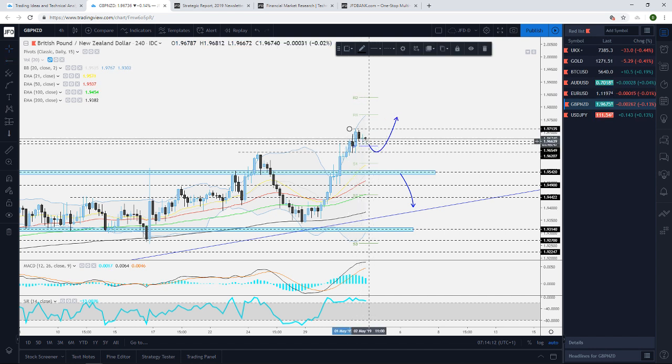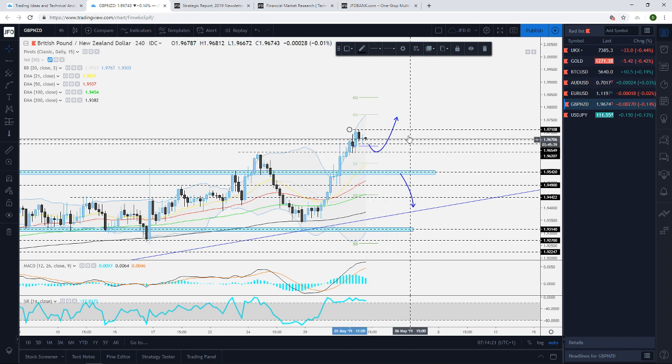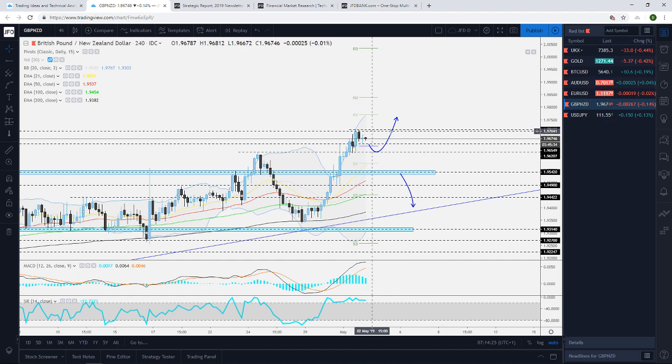And to be honest, like I said, given that it's quite overbought here on the 4-hour chart, we may see a bit of a correction here to the downside. But for those who are more on the cautious side, wait for a clearance of yesterday's highs around the 1.9710. A nice good pop above it would confirm a forthcoming higher high, and we could then target